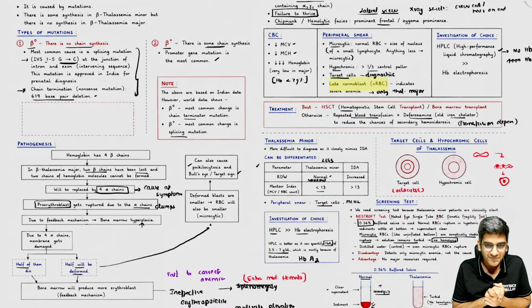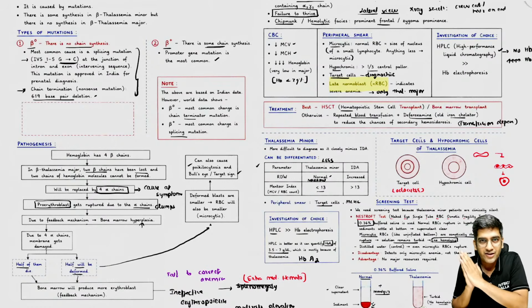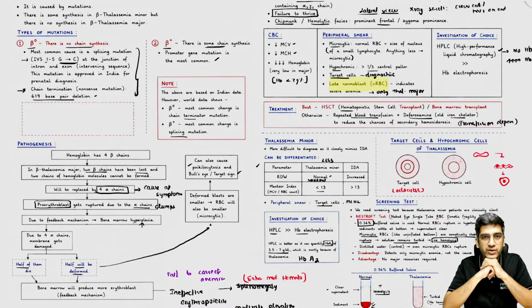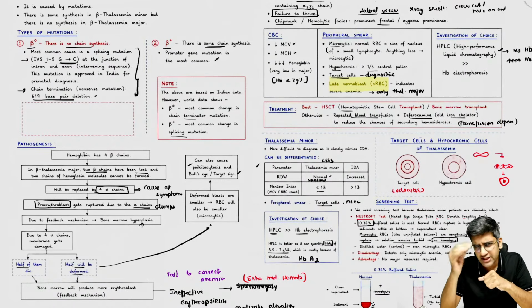Let's go. So, autoimmune hemolytic anemia is the most common cause of spherocytosis, right? Can anyone tell me what type of immunoglobulin you will see in warm autoimmune hemolytic anemia? What's the type of immunoglobulin you will see in warm autoimmune hemolytic anemia? You'll have IgG. IgG is the most common, right?